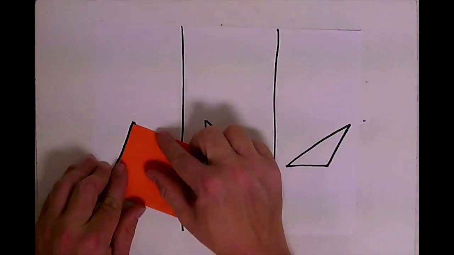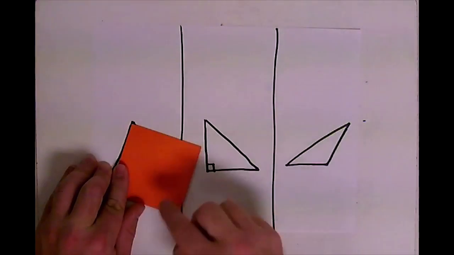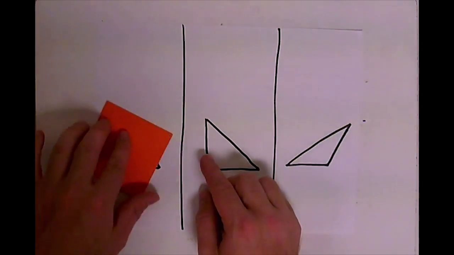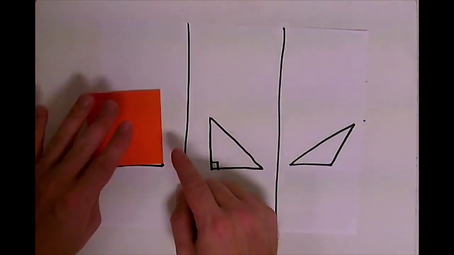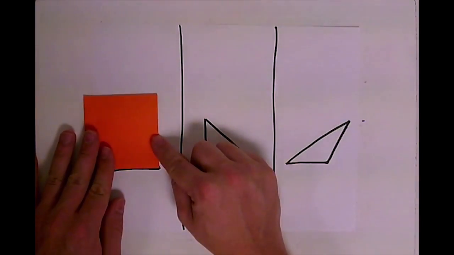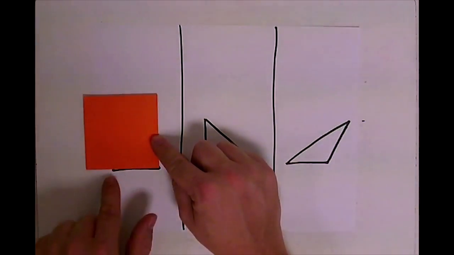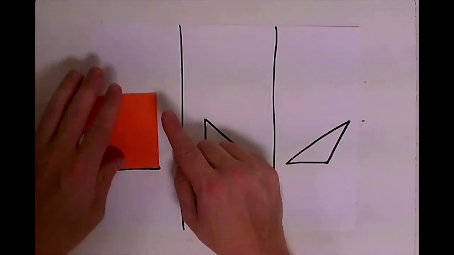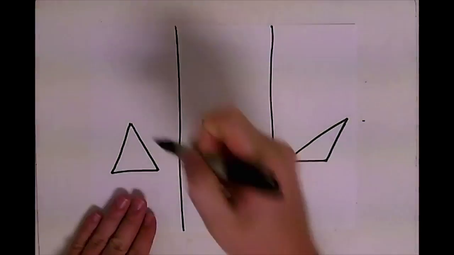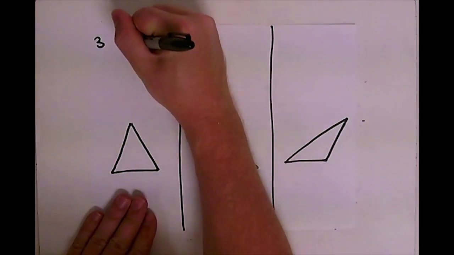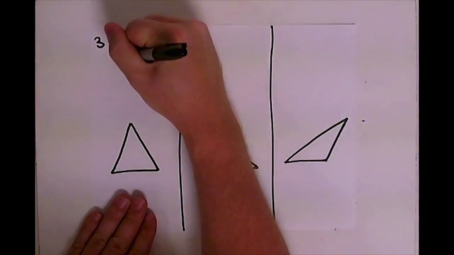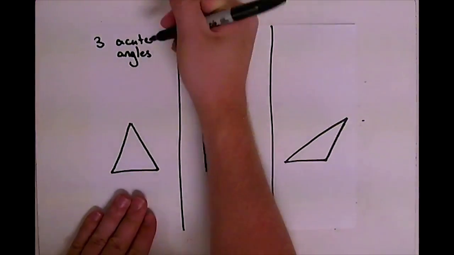So I'm going to do it up there. Well, I can see this line, but I can't see the other one. So I'm going to do it one other place, which is right there at that vertex. So I got to cover all three vertexes. And sure enough, I can't see the other line. I can see this one, but I can't see the other one. So all three of them are acute angles. So 3 acute angles. If all of the angles